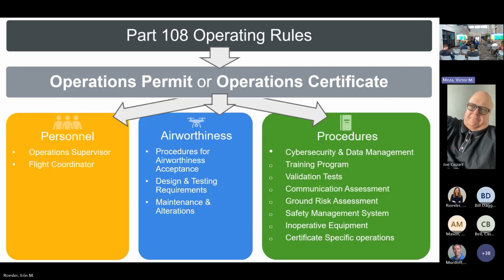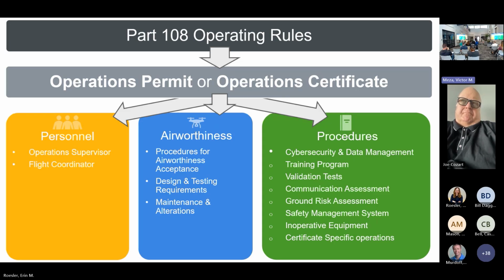I tried to come up with some sort of picture to break this all down. There's a lot of different rules in 108. Overarching, there is a new operating rule set. So up until this point, we've had either I get to fly under 107 or I get to fly under Part 91. This does introduce a new operating rule set, flying under Part 108. So now we, as a UAS operator, have essentially 3 different flight rules that we can elect to operate under. They're not interchangeable. I can't go, now I'm flying under 91 and halfway through the flight, I'm going to fly under 107. It doesn't work that way.